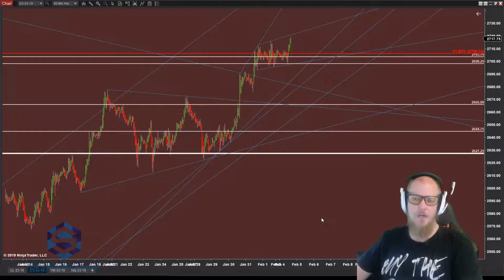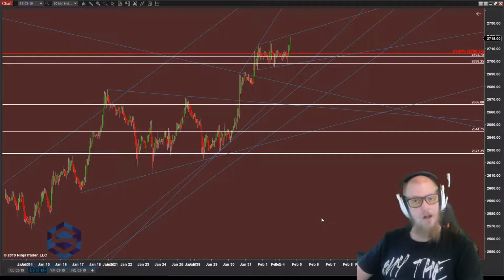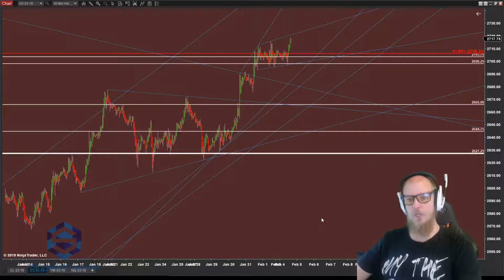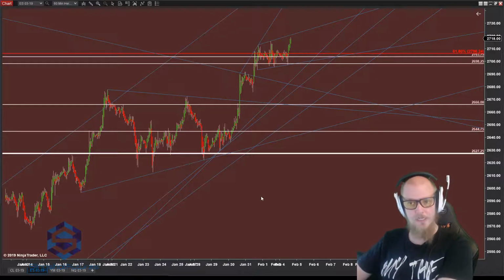Aside from that, the market is pinned to the highs. It's still rallying higher, even though this morning started out really garbage in terms of overall movement. All of them are moving up right now, so it looks like the buyers have a shot at trying to maintain control. They're just in a very nasty spot. The last time they tried to break a swing high was a complete failure. Now they're trying it again. We'll have to wait and see how well that works out. But for me, I'm looking for a little bit more of a pullback before I get too interested in the